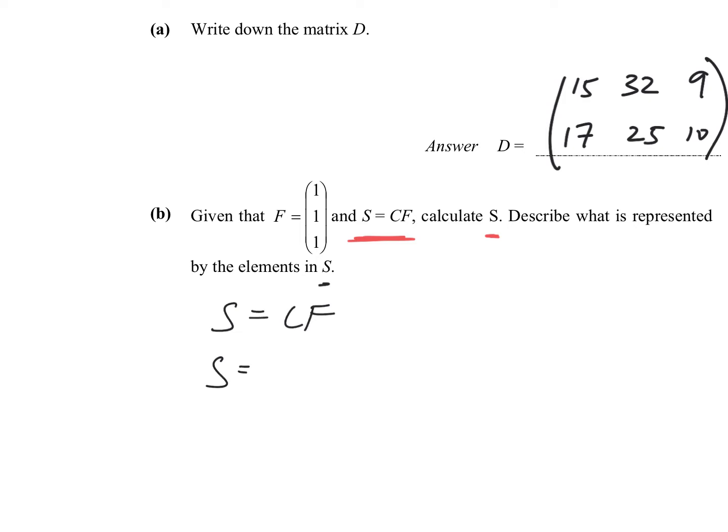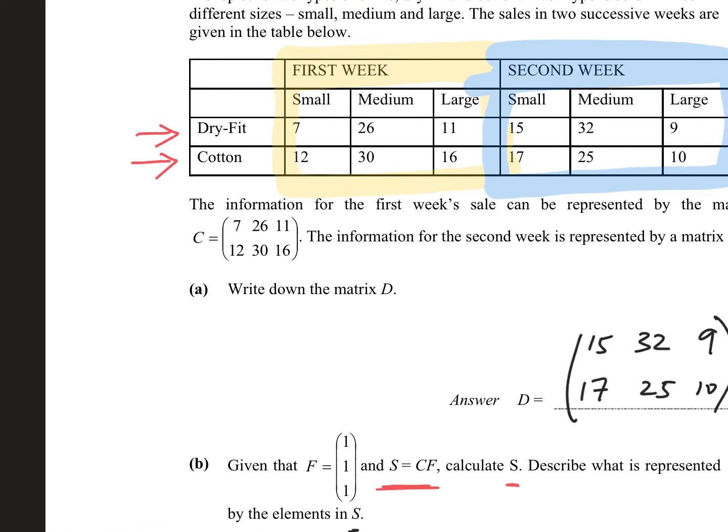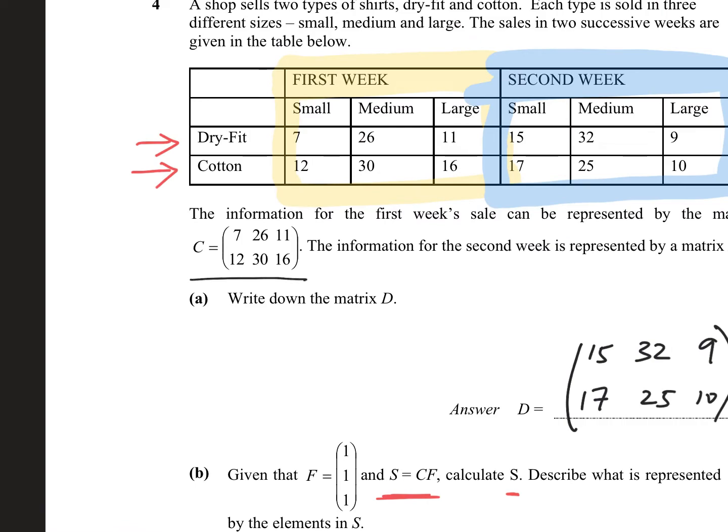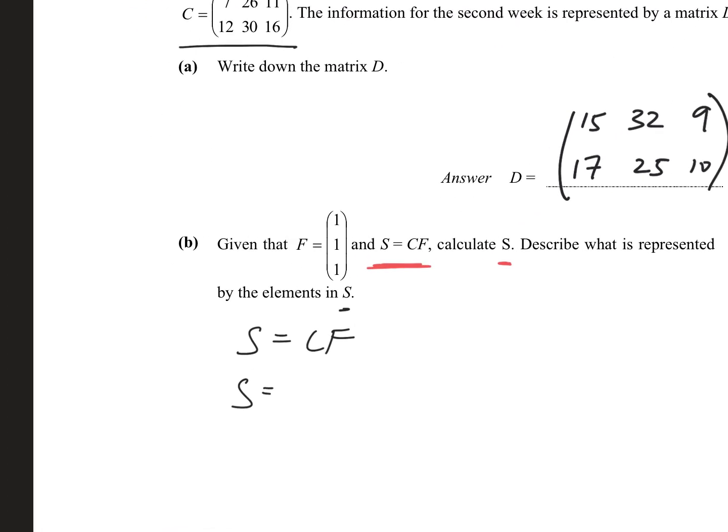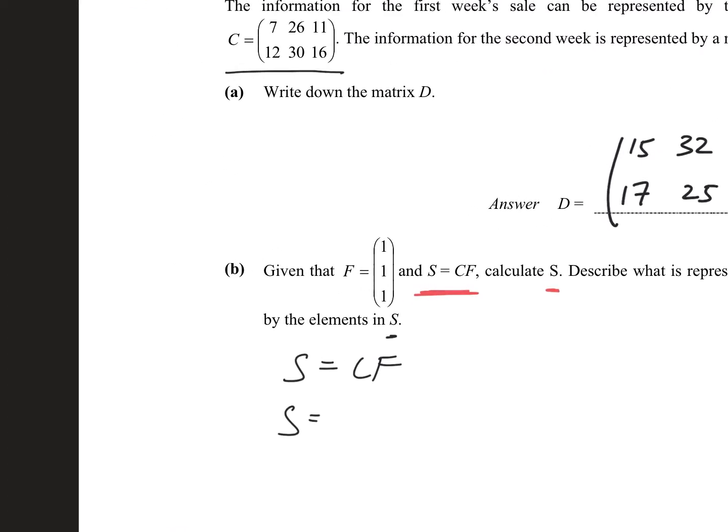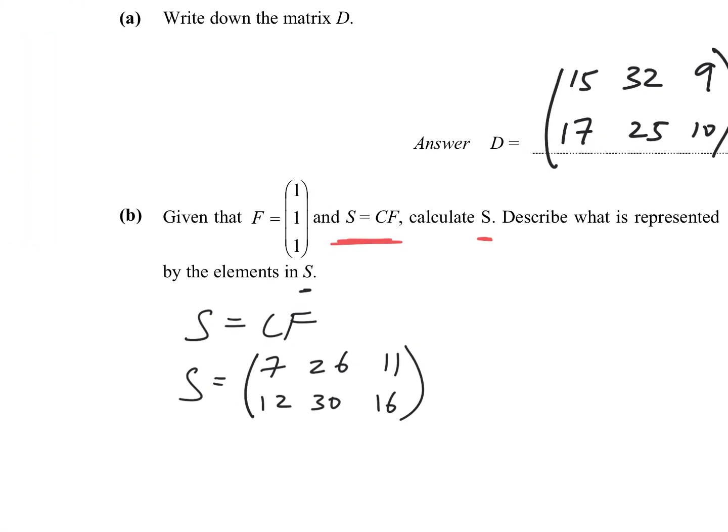What is C? Okay, then we look at the question again. C is this, right? So let's write it down. Like this is C, this is the matrix. What is F? This is F. So,